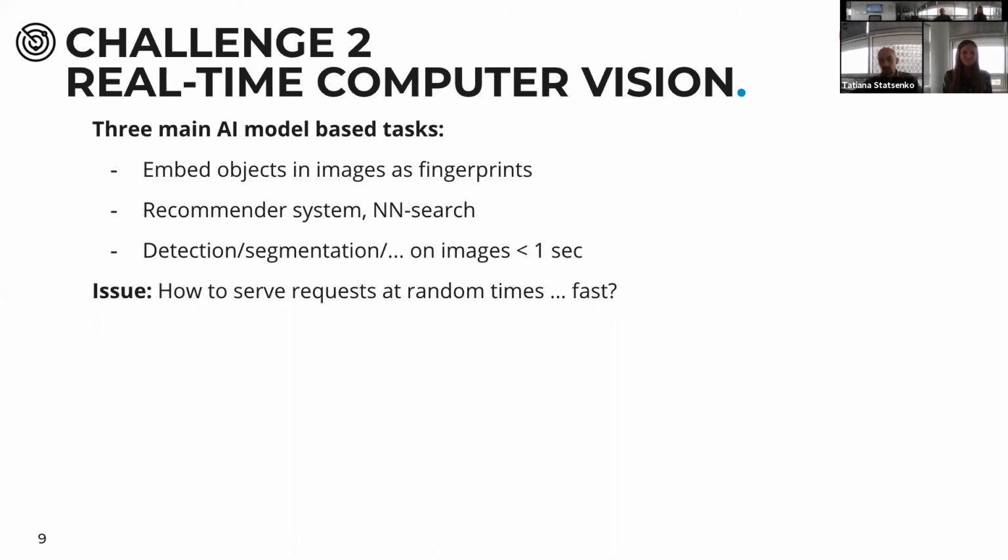Those are especially needed when we embed parts of images, so objects, into lower dimensions, so-called fingerprints. So we need to load images, partially crop them, put them through a PyTorch model, and then store them in the Redis system, or use them directly for